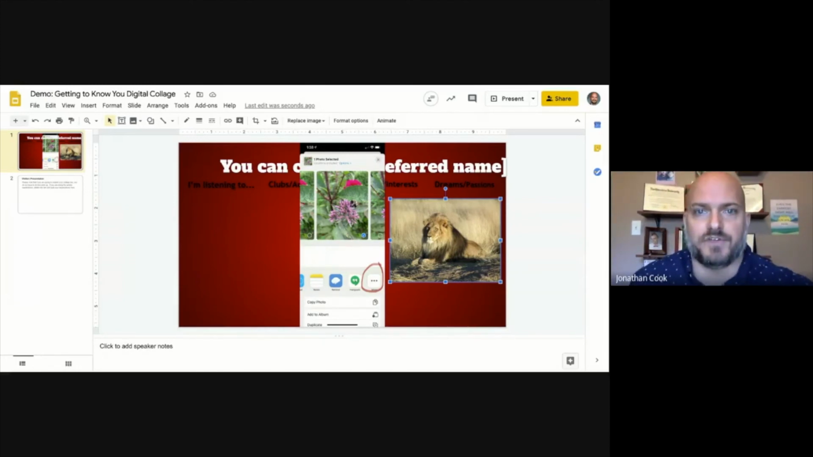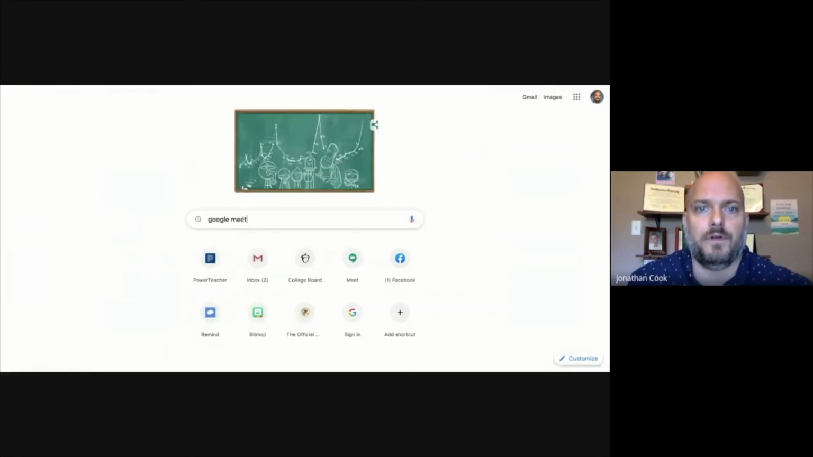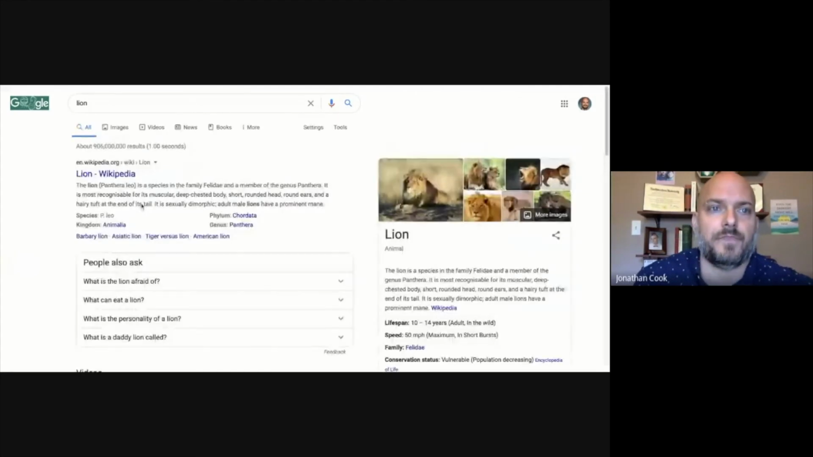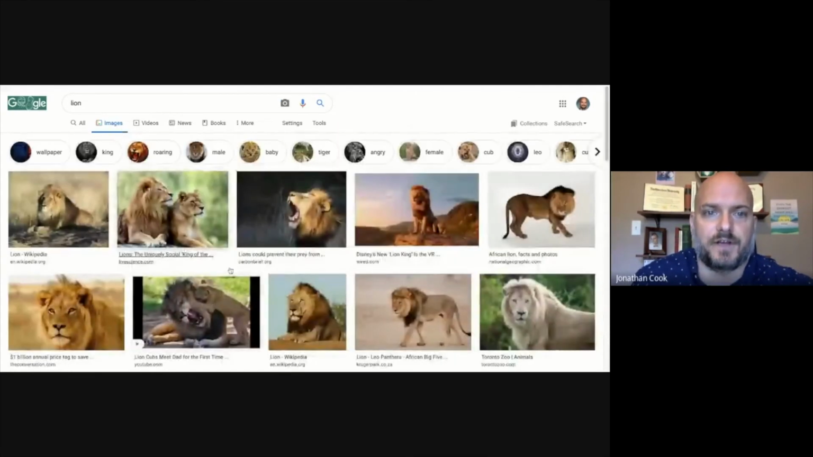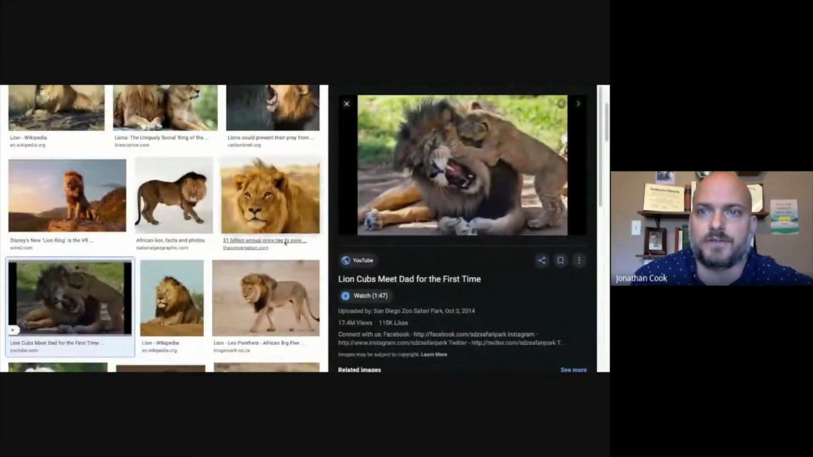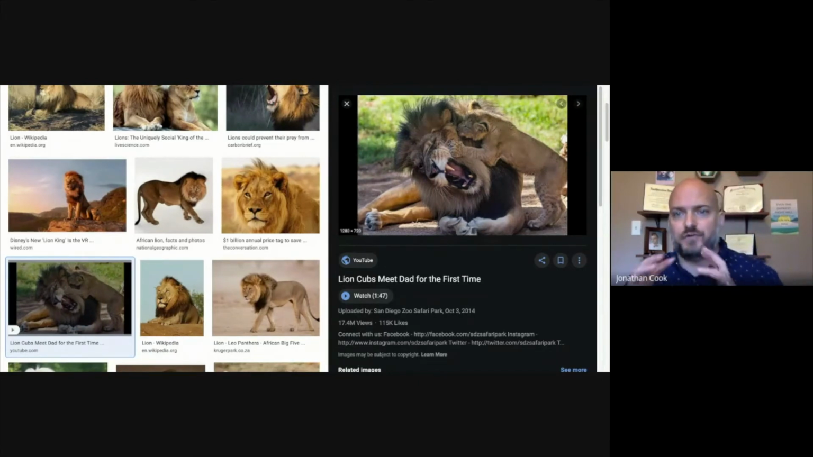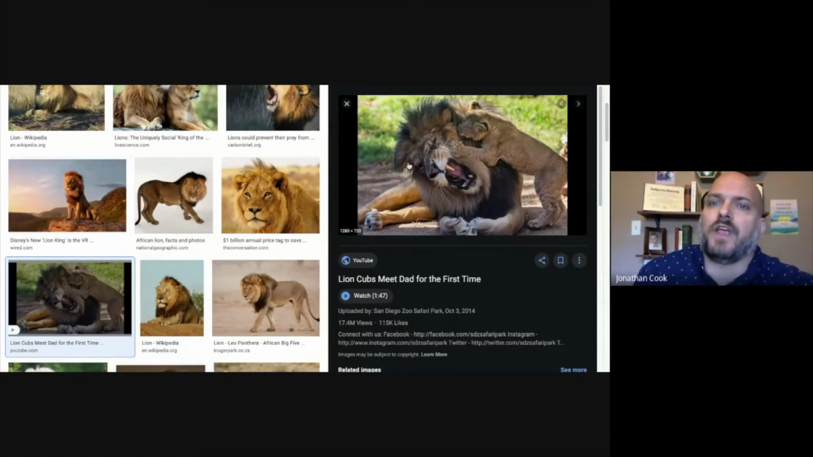So if I just come to Google and I look up lion, I go to images, it's going to give me a lot of those same images. And one thing I would pay attention to is down here where it gives you the size. 1280 by 720 is a good size. If it's too small and you make it bigger on your slideshow, it kind of blurs out. But you can just right click on that, copy the image,